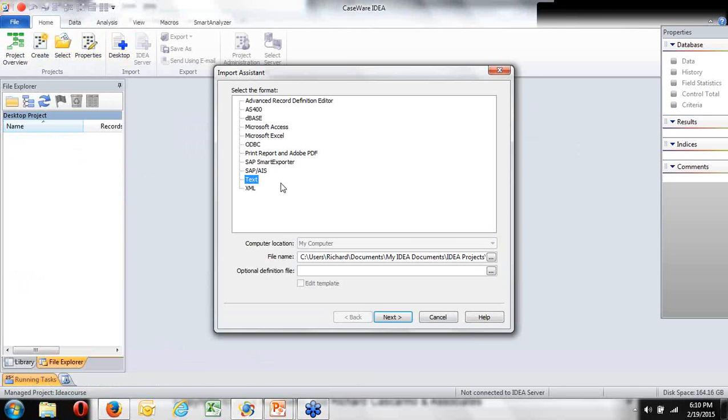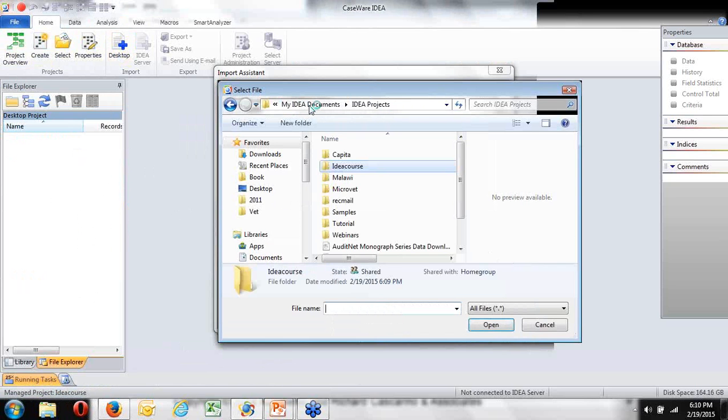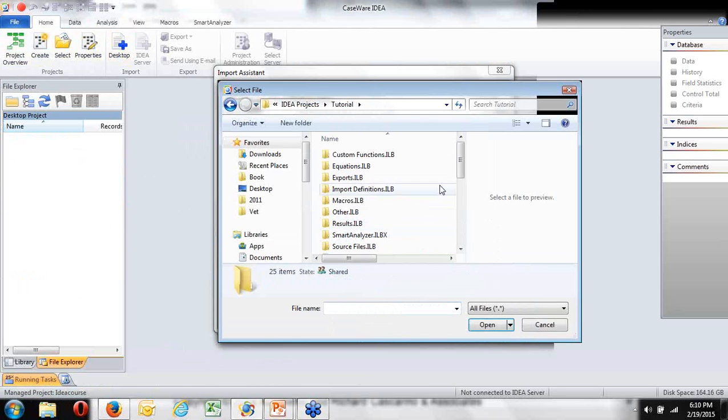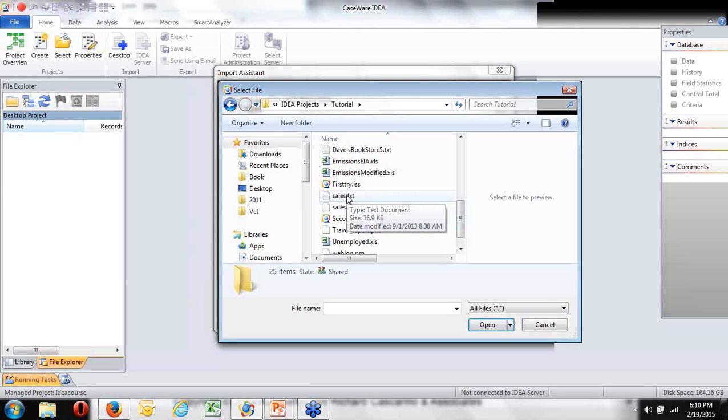Now our sales text file is, as it says, a text file. These are the different files that we'll take a look at today, and we'll find that sitting, the source file that I'm going to bring it in from is sitting under tutorial, and it's going to be called sales.txt, and it should be in the same place on yours.